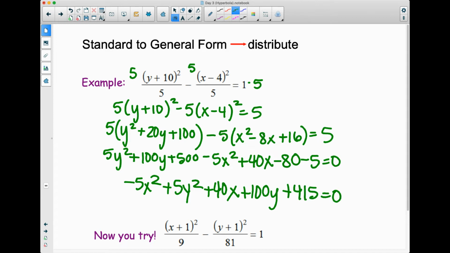Okay. So notice how a, which is your x squared here,